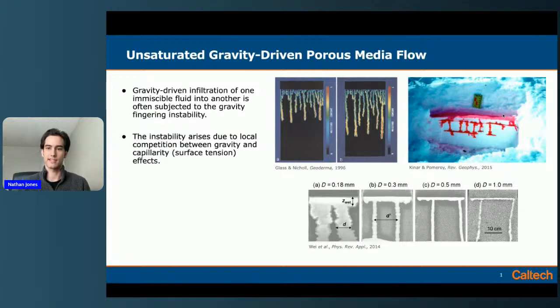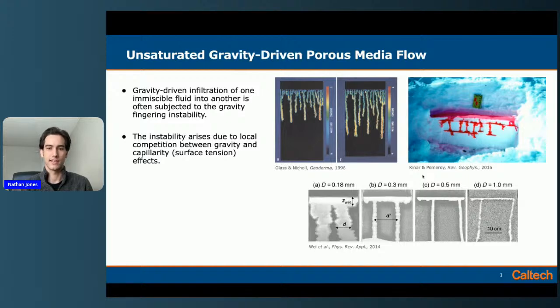like they dig a snow pit and then pour this red dye over a section of that and then cut through. And we can see the formation of these preferential flow pathways and these sort of lateral barriers as well, which is a characteristic of snow. And so physically, this instability occurs due to that local competition between gravity that drives the liquid water downwards and capillarity and surface tension effects that resist the flow and that form these very evenly spaced, evenly thick fingers across